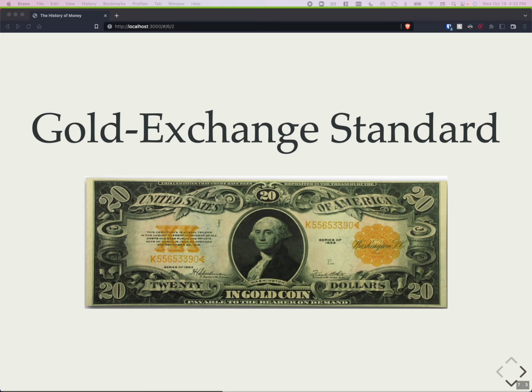So, in 1922, at the Genoa Conference in Italy, with Britain still being this large power because they did win World War I, they were able to convince other nations to keep the British pound as a reserve currency instead of gold, and only allow large international payments to be settled in gold. So due to this, Britain was